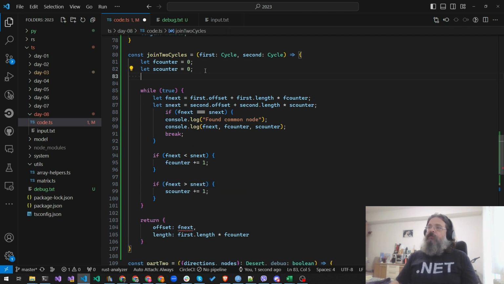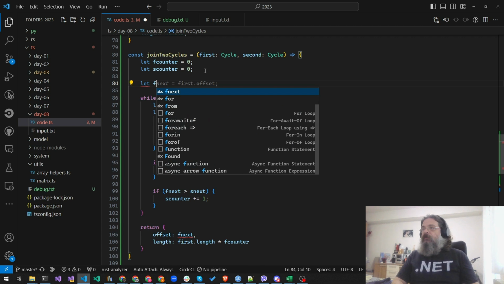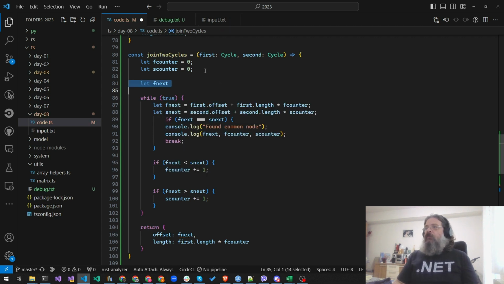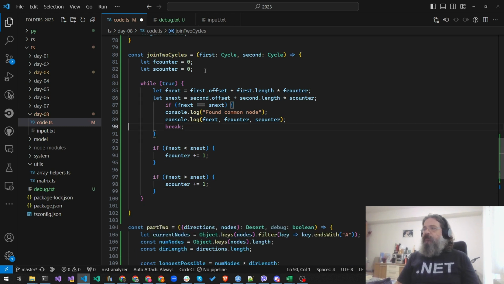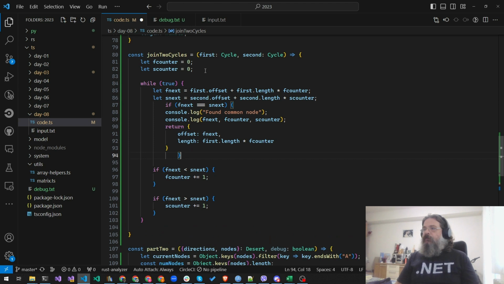Oh, actually we don't need to break, we can just return where the break is. So the offset will be f next and the length will be first length times second length,